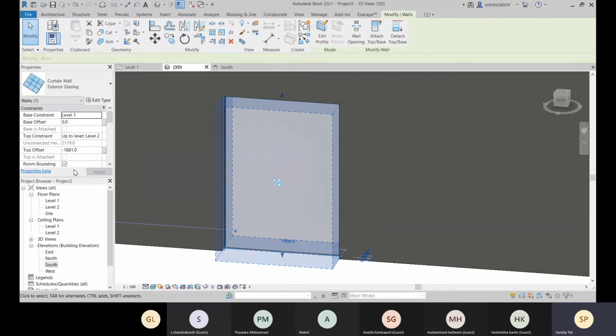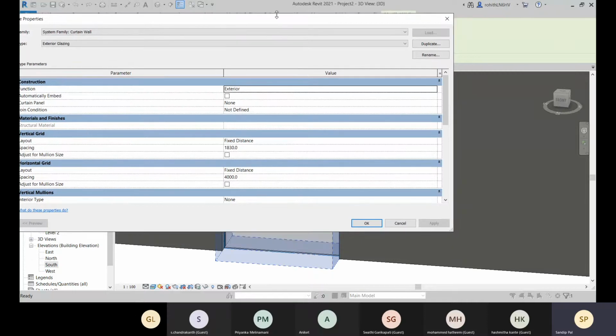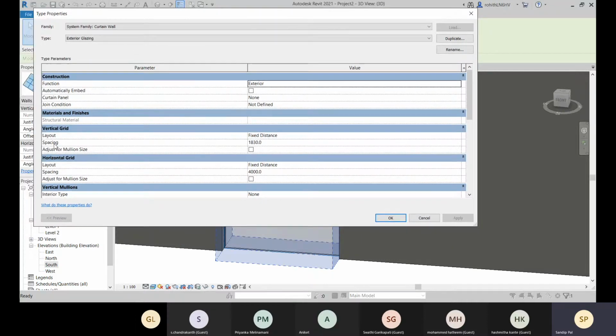There we can specify how many vertical grids and how many horizontal grids we need. So for that, come to this edit type option. Here you have this fixed distance. Here you can see that the distance is bigger than our glass panel, so that's why you cannot see it, right?